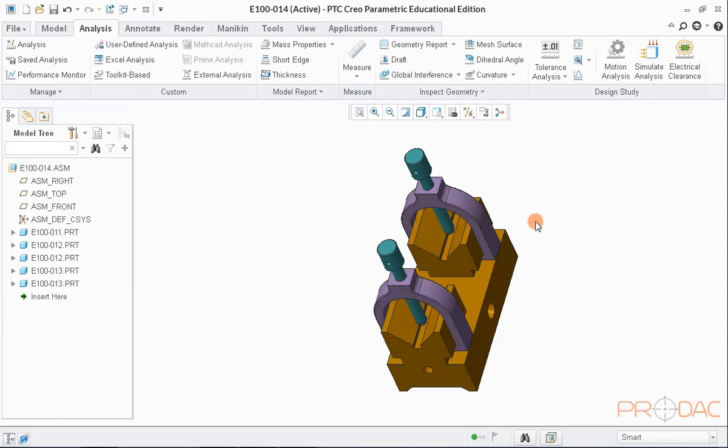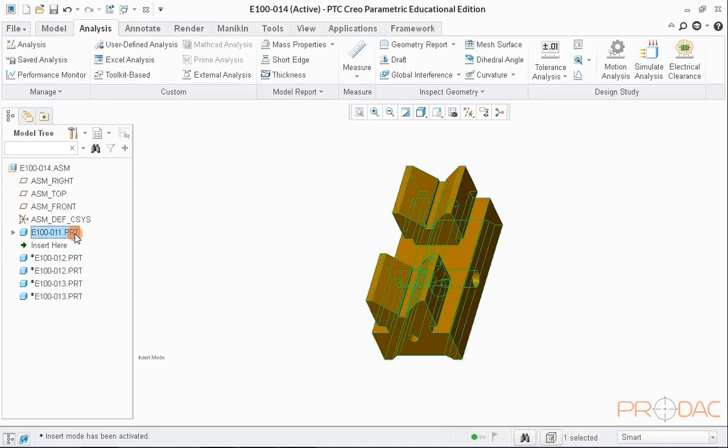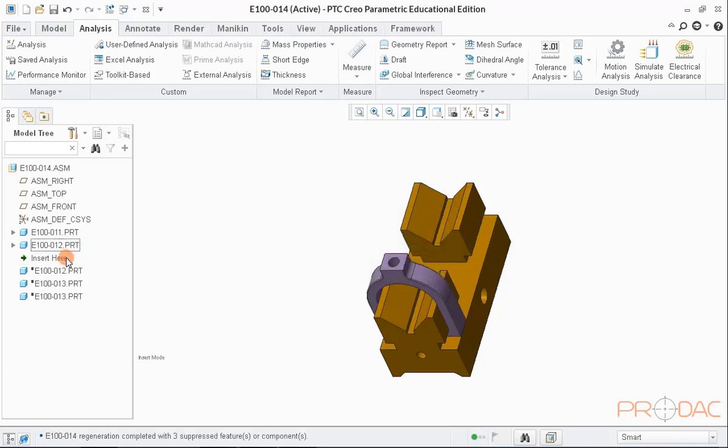Welcome back, guys. Let us do an exciting practice exercise and create the object displayed on my left side. So let's begin. In this assembly, we have three unique parts. First part is 011, which is the main part for assembly. Second part is 012, which is used at two different places.